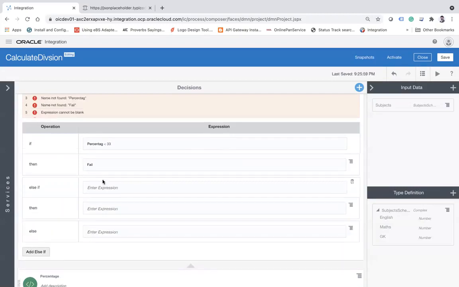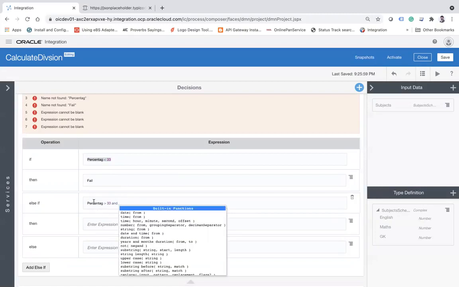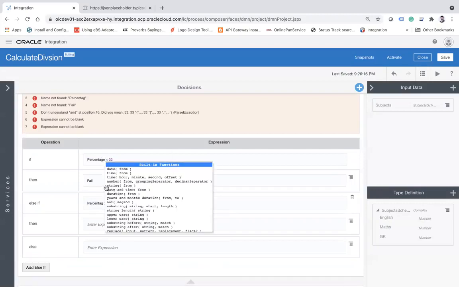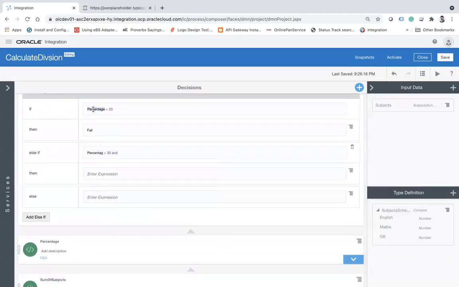I will add another else if, and here I will say if it is greater than 33, but, and percentage is greater than 33,